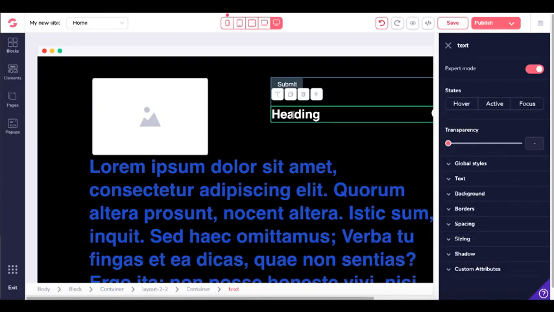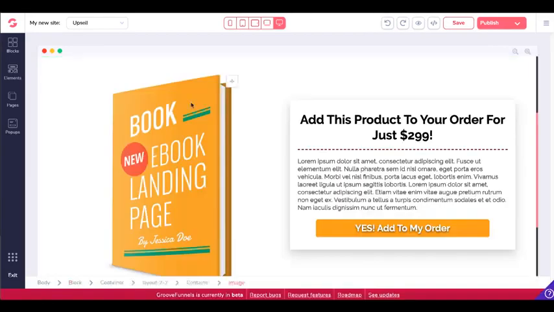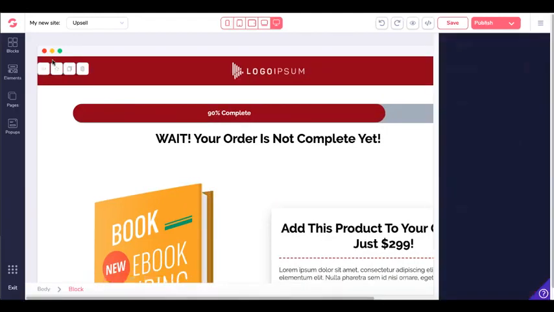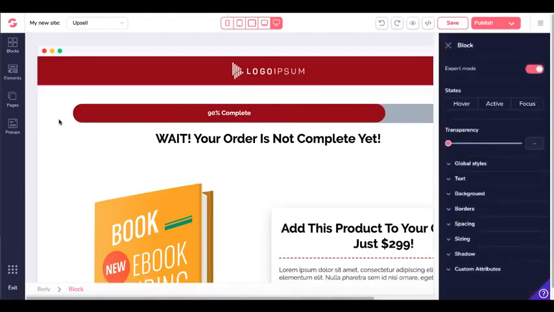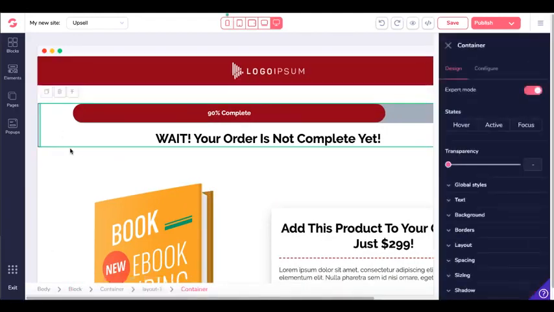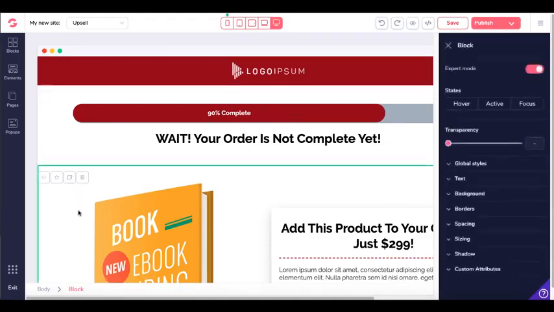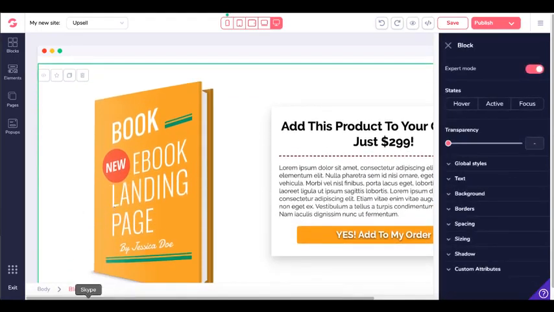So that's simply what you want to do, is you want to step back, take some time, and understand what it is you're building inside of the block-based builder that GroovePages is. And the best way to do that is to open a blank site, open a template, click on each element, walk through each block, walk through each container, understand exactly by taking a look at the breadcrumbs down here that